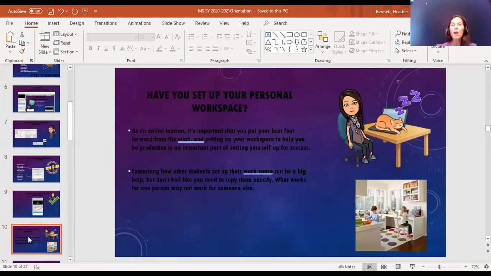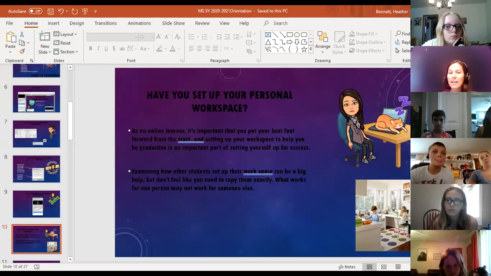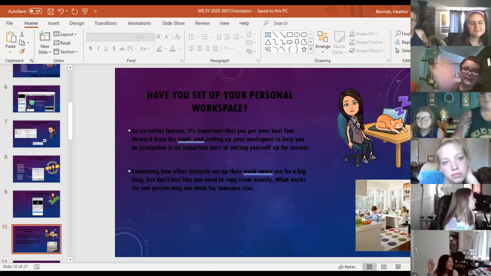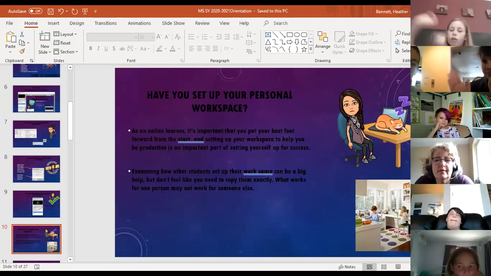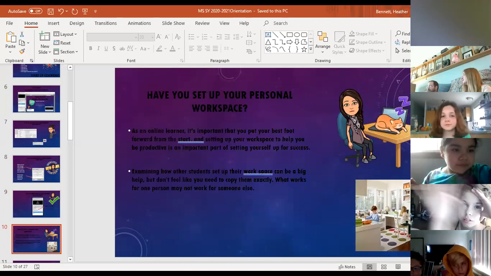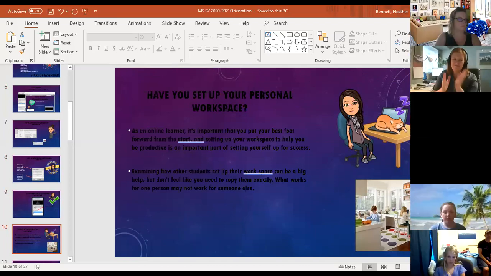So let's move on to your personal workspace. So I'm gonna show a little bit more of your pictures so I can see some of you. Give me a wave if you have a desk area already set up and ready to go. Awesome, I see a lot of waving. Thanks everybody. Thanks Brandon, Cameron, Haley. Good job everybody. And I see Kathy is clapping for everybody. Hi Kathy.